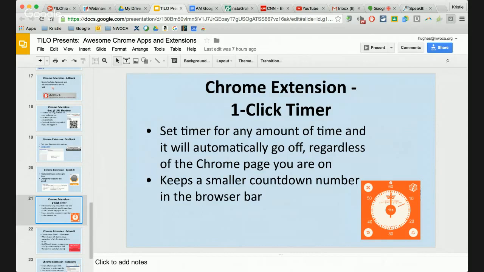So I can go ahead and say, I want this timer to go off in 3 minutes. Now I don't even need to have that up. It's going to show me 3 minutes up in the top corner, so I can tell when it's going to go off. And it will just continue to count down while I'm doing my presentation. If I need to look at it at any point in time, of course, I can go ahead and pull it up. Or I can even make it full screen. If I wanted to make it full screen, I can go ahead and do that.